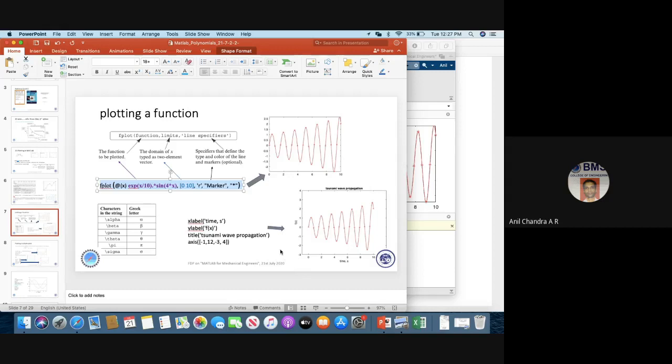You see, you can use this representation. If you write \alpha, suppose you say alpha on the x-axis, you can say \alpha in the program, right? X label that I will show you as we move on. So these are the commands that you will have to remember to get this kind of representations.